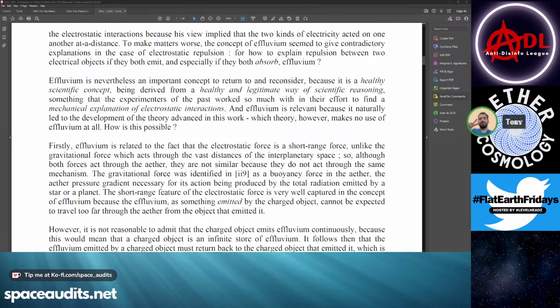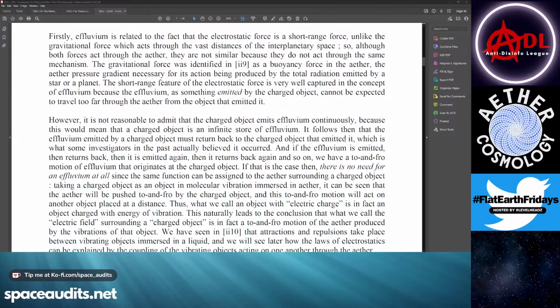Wait, which theory, however? How is this possible? Firstly, effluvium is related to the fact that electrostatic force is a short-range force. Unlike the gravitational force, which acts through the vast distances of the interplanetary space, so although both forces act through the ether, they are not similar because they do not act through the same mechanism. The gravitational force was identified in citation II9 as a buoyancy force in the ether. The ether pressure gradient necessary for its action was being produced by the total radiation emitted by a star or